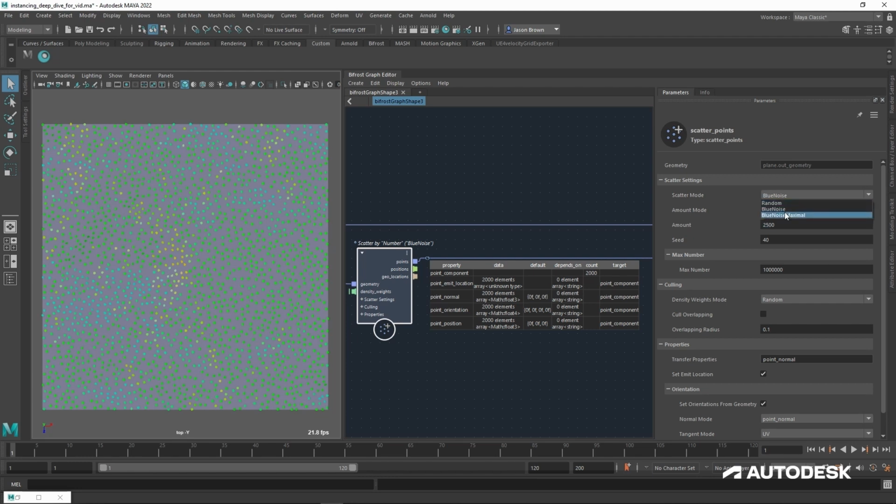The next one is blue noise maximal, which is a lot more computationally intensive, and it gives very similar results to blue noise. But what blue noise maximal does is try to deliver the most efficient scatter on this mesh. I believe this is full-on Poisson disk sampling. The Wikipedia page for that is good if you want to have a look. And like I said, it's very, very computationally intensive.